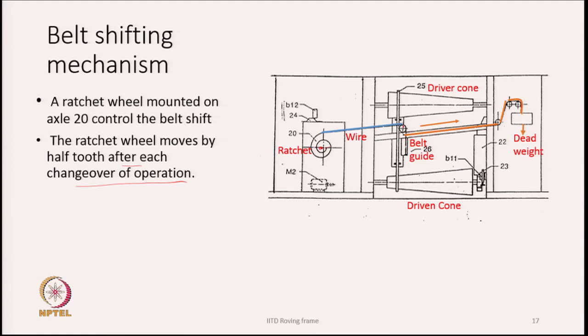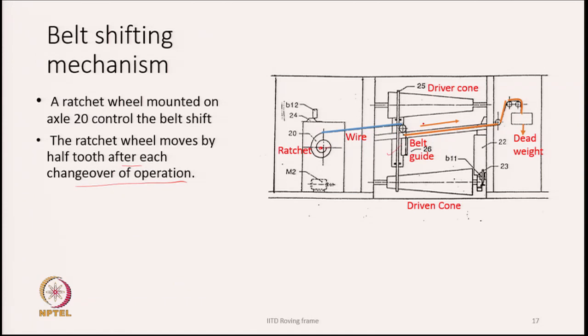There is a small wheel over here which is running over an inclined plane, and then there is a belt guide. From here there is a connection. Look at this orange line, and there is a dead weight hanging. These are the components which are here, the belt guide